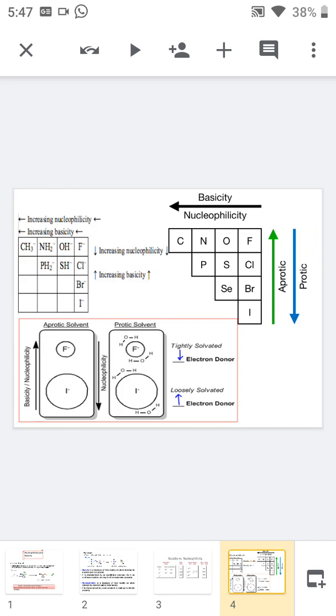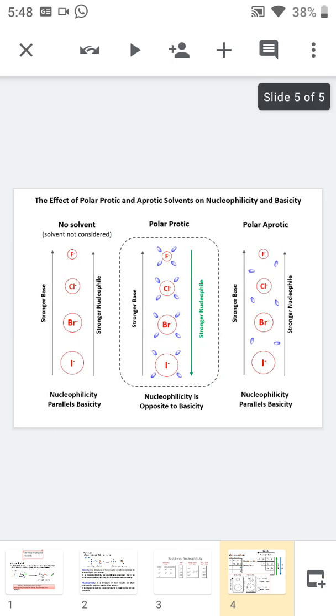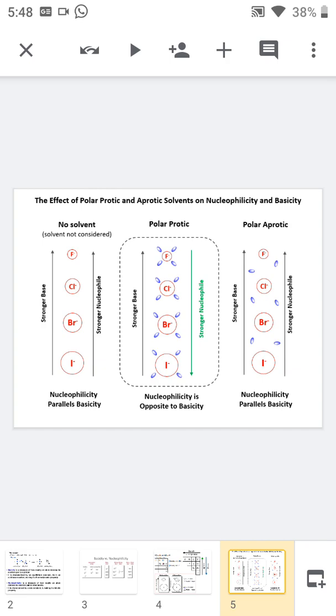Now we are moving into some of the factors or general characteristics of basicity and nucleophilicity while discussing the periodic table. See, in the periodic table, we can see the carbon, nitrogen, oxygen and fluorine. They belong to the first period. So, as we move from right to left, that means from fluorine to carbon, the nucleophilicity enhances. That means as the electronegativity of the atom increases, the nucleophilicity and basicity both decrease. So the best nucleophile among carbon, nitrogen, oxygen and fluorine is the carbon. And if we compare a group, the fluorine, chlorine, bromine, iodine in the halogen family,